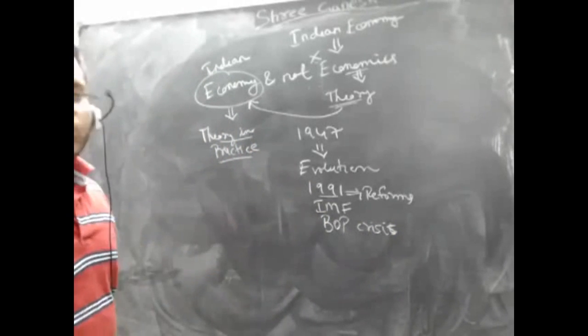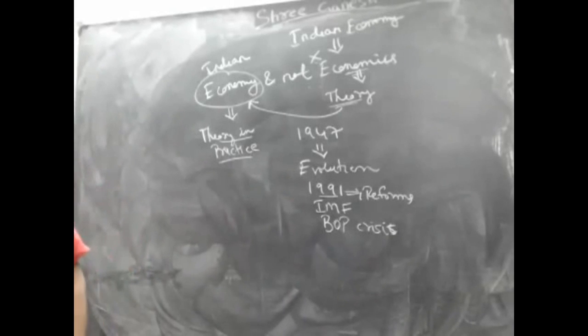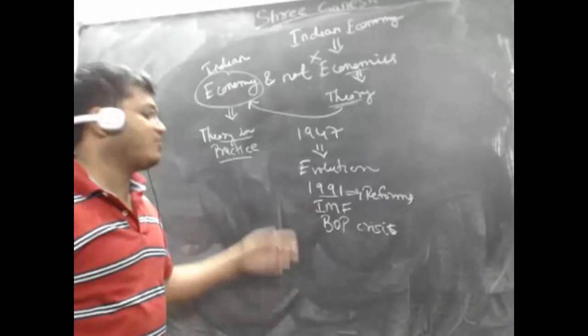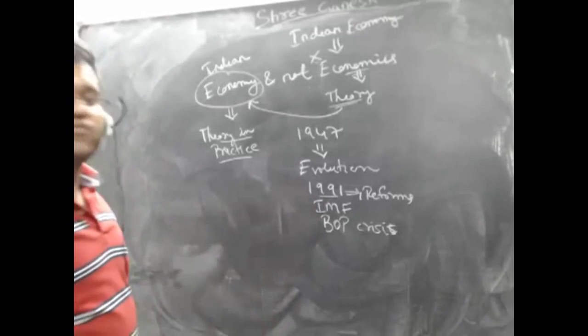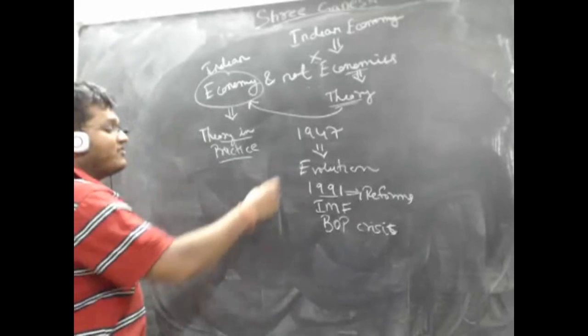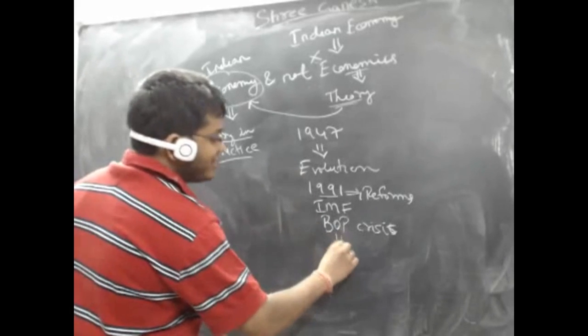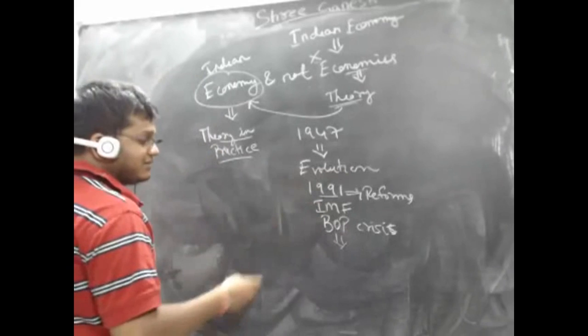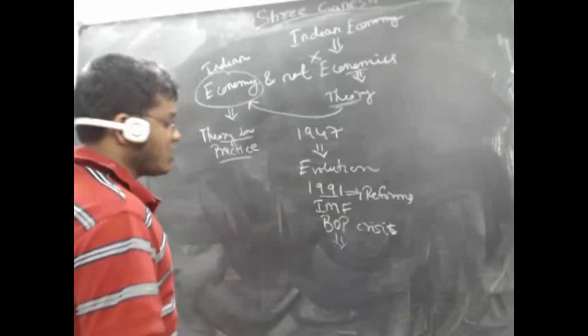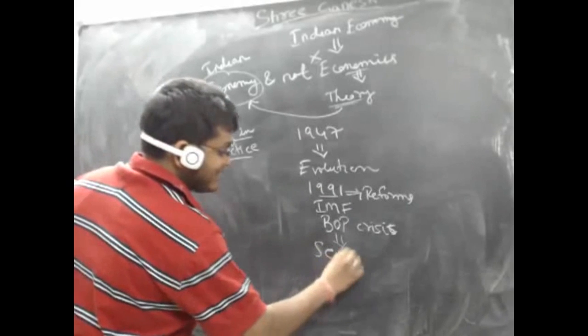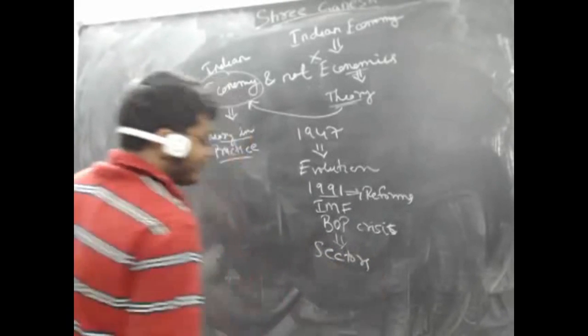So we will see what situation led to the BOP crisis, why we faced the BOP crisis, why we went to the IMF for help, what conditions they imposed, and how, because of those conditions, reforms took place in India. After this, we will study the different sectors present in any economy, whether it is India, Asia or America, any economy. So what are the different sectors present in an economy? After that, we will see